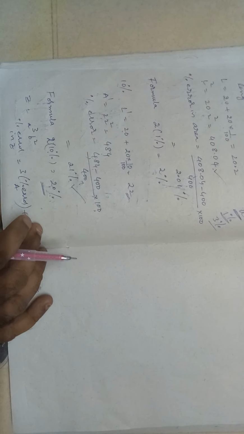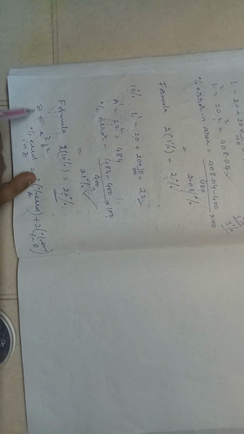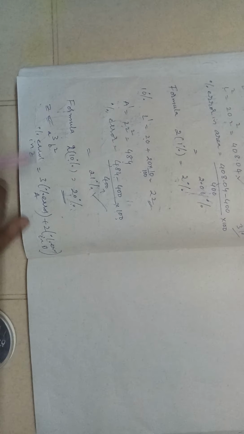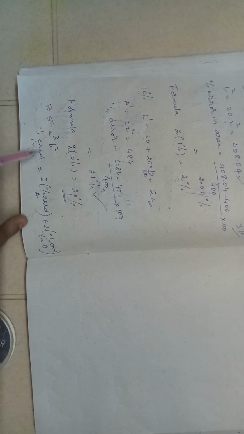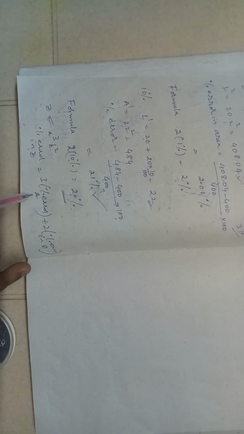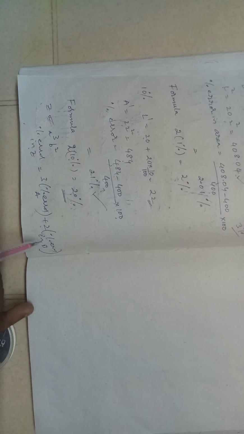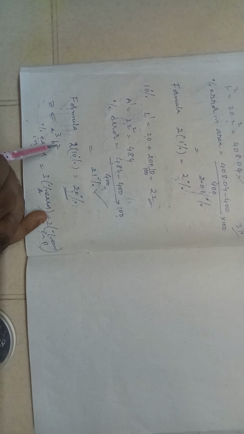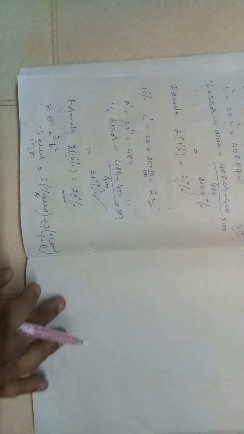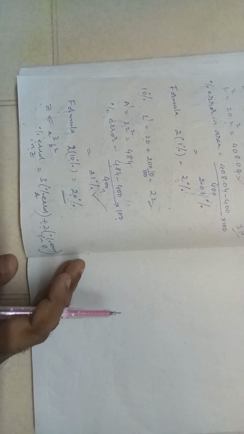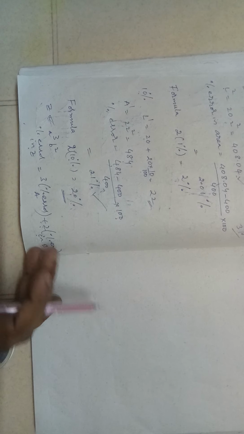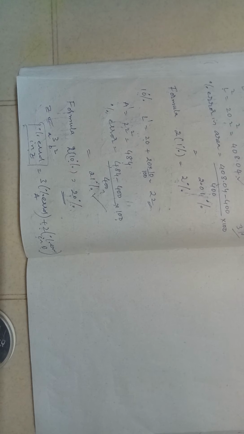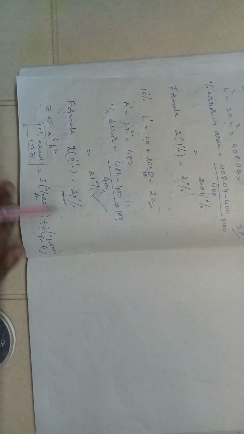So if there is a physical parameter z equal to a cube into b square, the general formula is percentage error in z is equal to 3 times percentage error in a plus 2 into percentage error in b. If in the formula it was b to the power of minus 2, here minus 2 will come. So if it is a positive power, you need to add. If it is a negative power, you need to subtract. But remember, it is percentage error in z. It is not the direct error, it is the percentage error.